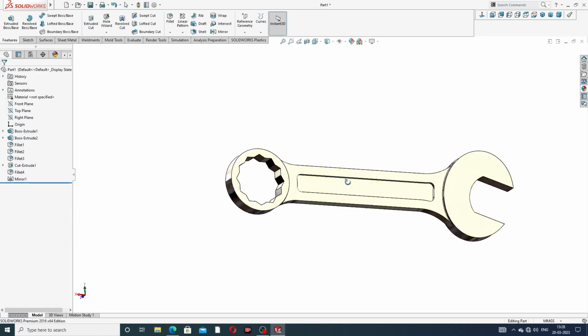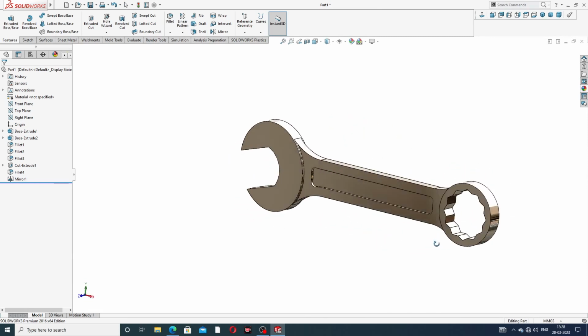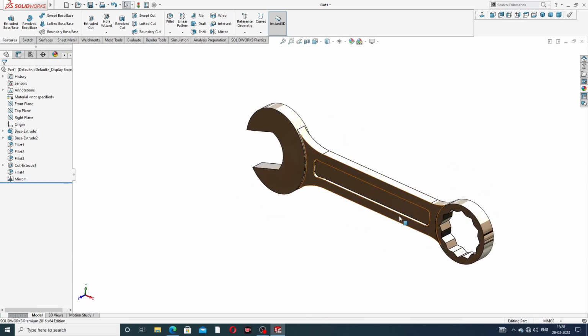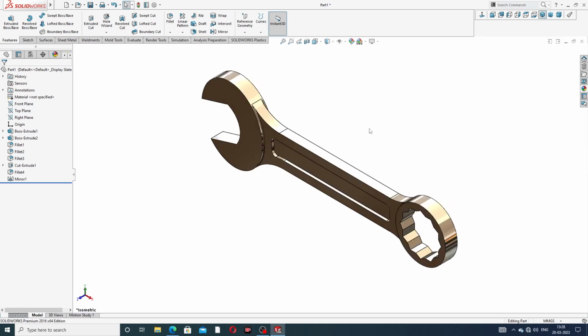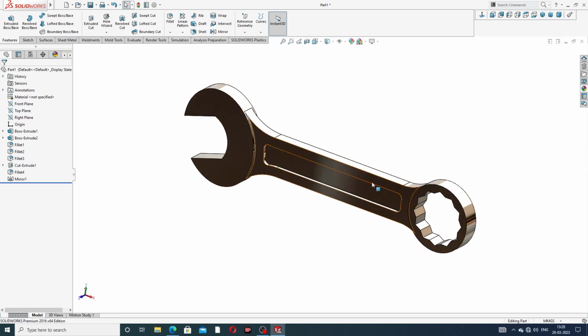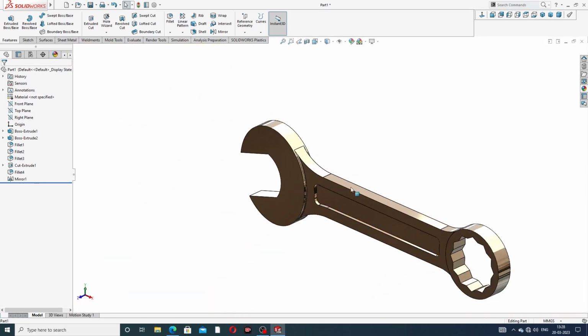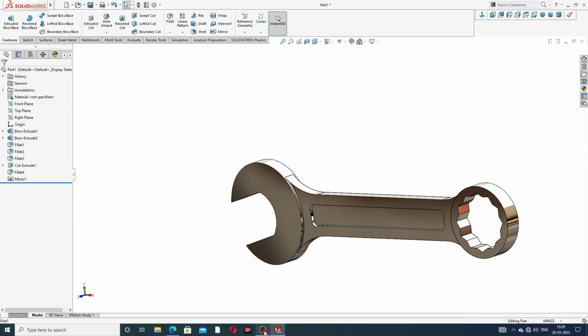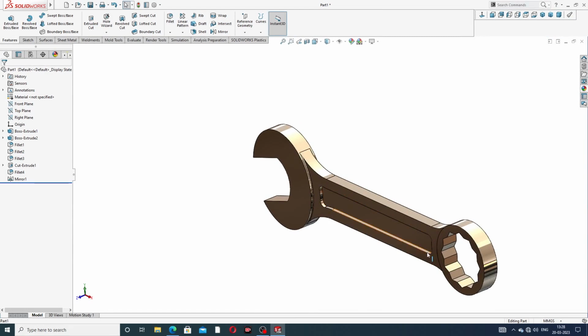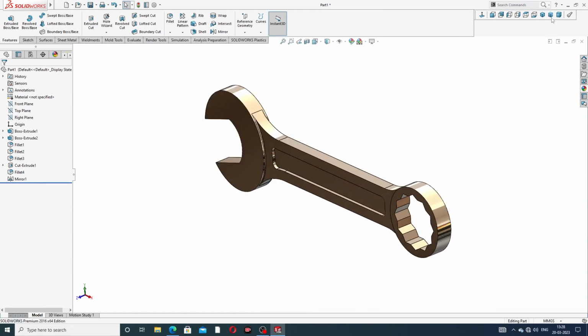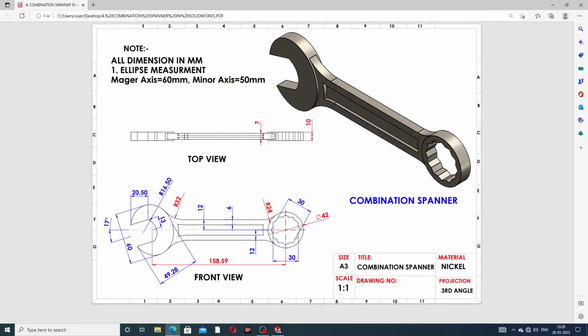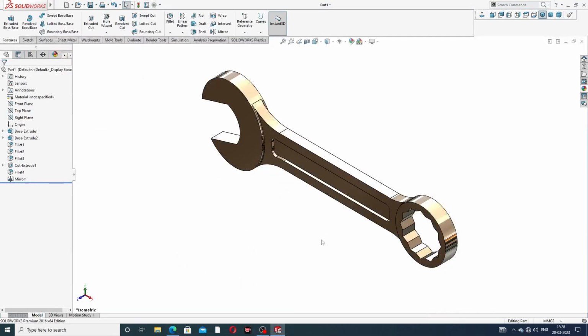This side is same, cutout is okay, this is fully correct, and this fillet is also perfect, okay, and isometric view, and all points are perfect and correct, okay,